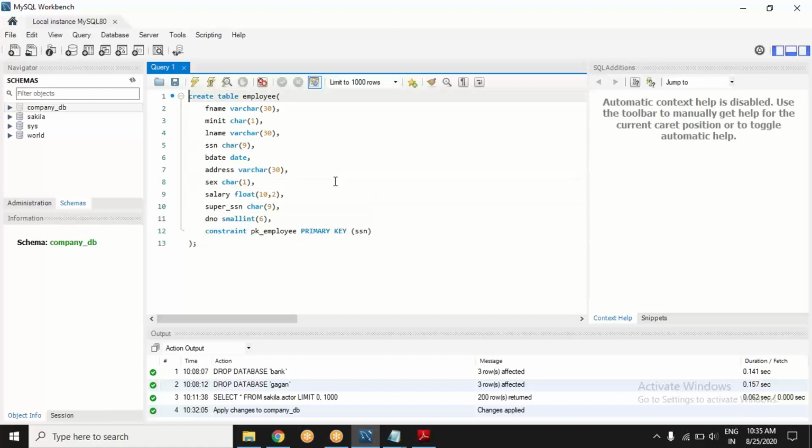What we want to do is, what we are trying to do is we are creating a table.